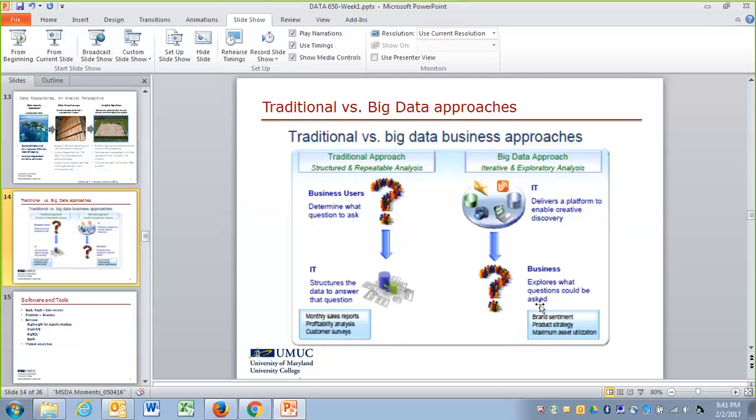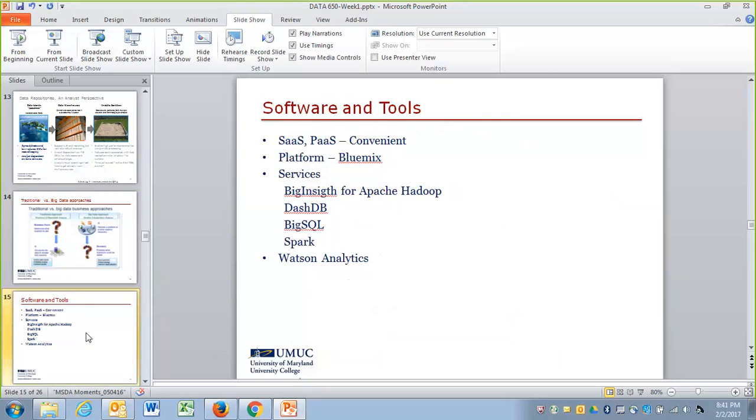In line with this, this is the way we are going to work in this class. In this class, you don't have to install anything on your computer besides the RStudio you have from Data 630. Everything else is going to be very convenient, accessible in the cloud as platform as a service and software as a service, which is the way every company goes today. Even if not the company you're working for right now, the next one you are going to work for will be this way. And why is this the way it is?